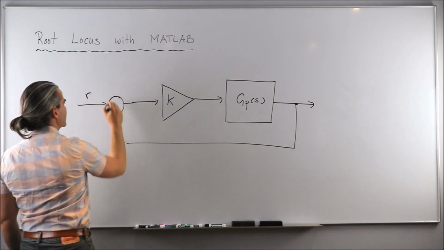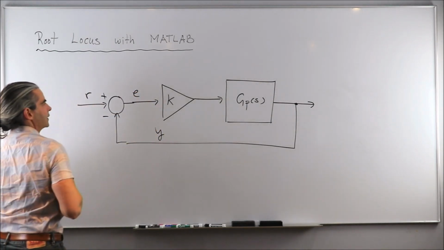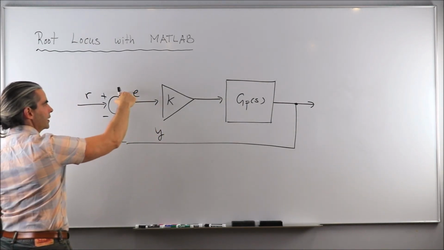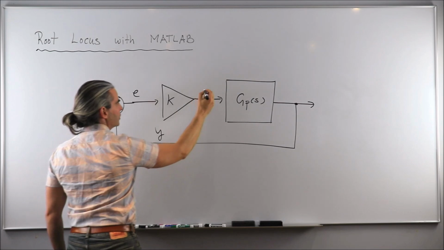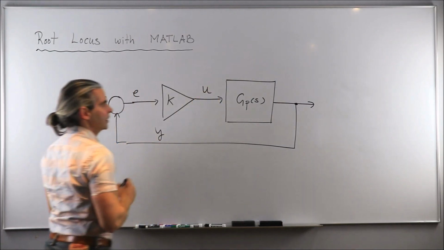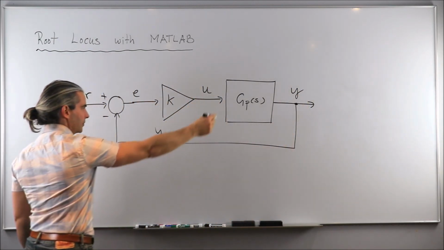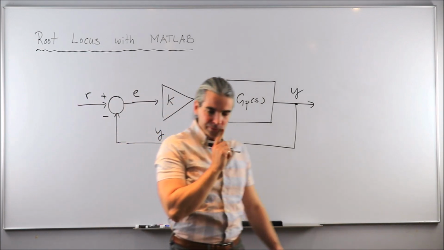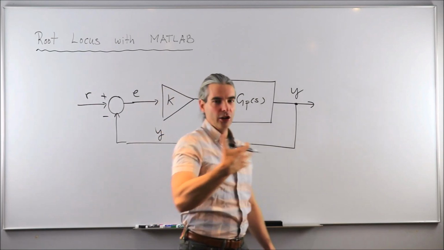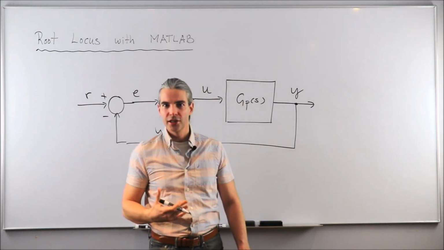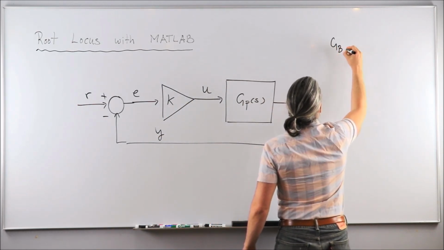Okay, so here you have the reference signal plus minus the output of our plant that drives the trajectory tracking error E times control action, which is just a proportional control action. And then that gives us the control input signal U to calculate the new output from the plant. And then we had closed the loop like that. And then, just based on this basic architecture that was the underlying assumption behind all the rules that we saw for the root locus construction, we said, okay, we have our open loop